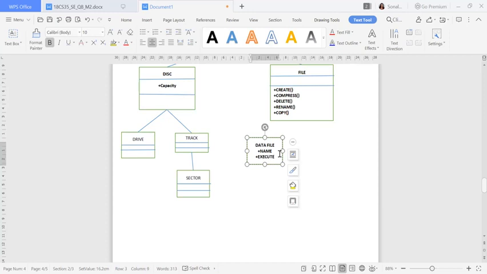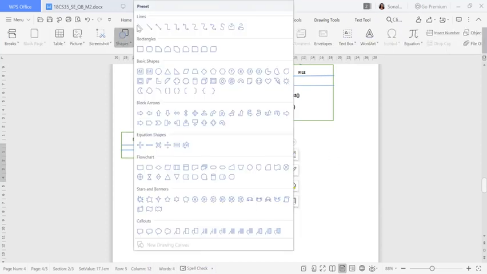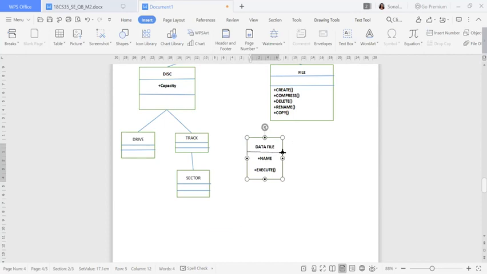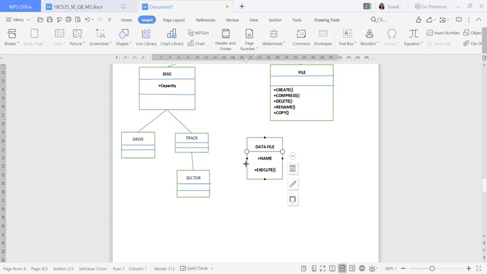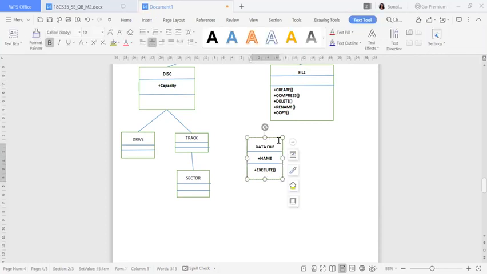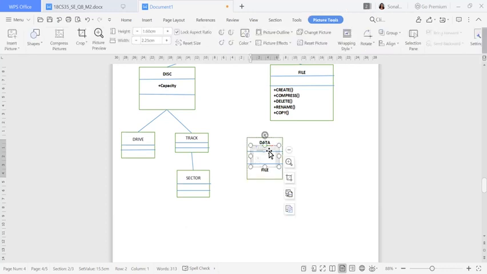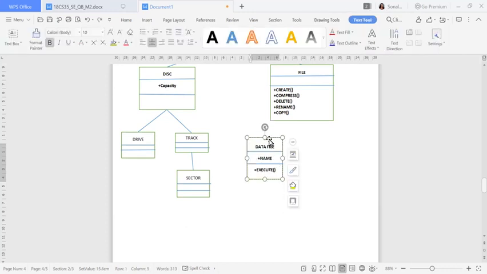I'll write execute, anything you can add. Okay, so I'll make the divisions now. Don't forget to do the divisions, that is very important, because first one will be your attribute name, next one will be your function names. Yes, let me copy this.